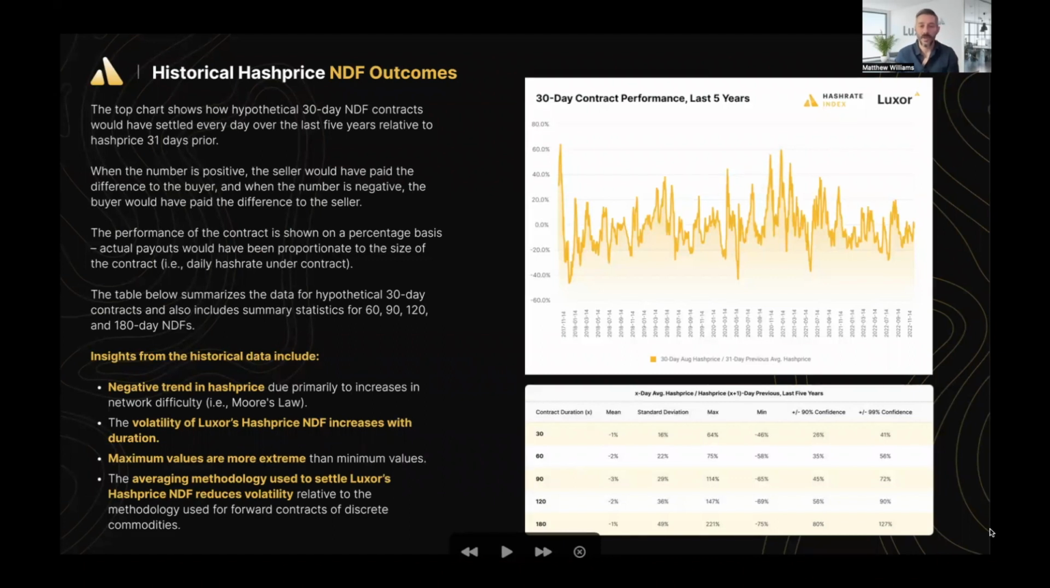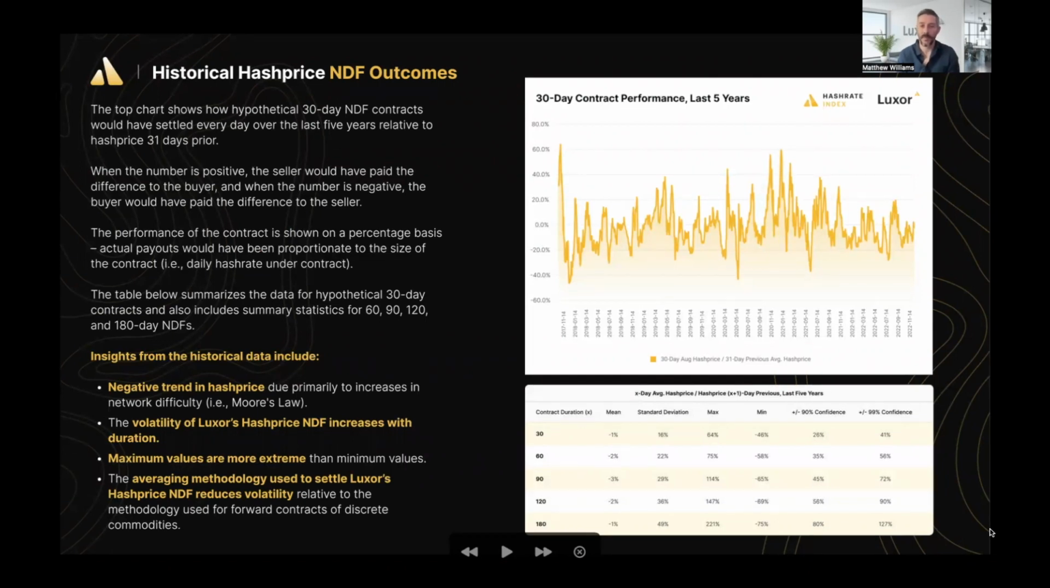So what this chart shows is how the 30-day NDF contracts would have settled over the last 5 years relative to a spot execution price 30 days prior. So a positive number in this chart reflects profits going to the buyer, and a negative number reflects the profits going to the seller. So the interesting things that we've seen here is there's a long-term negative trend in hash